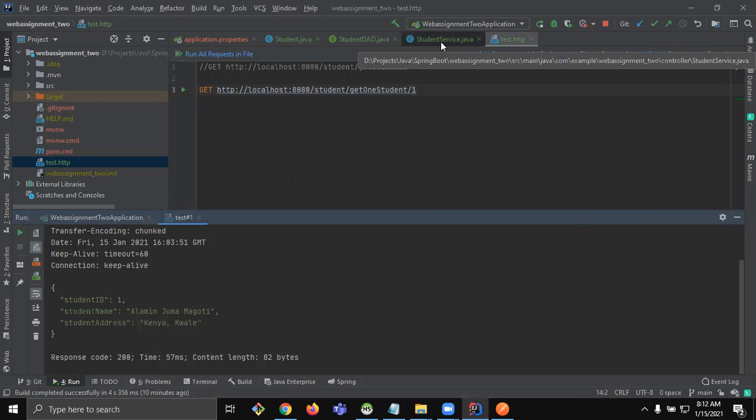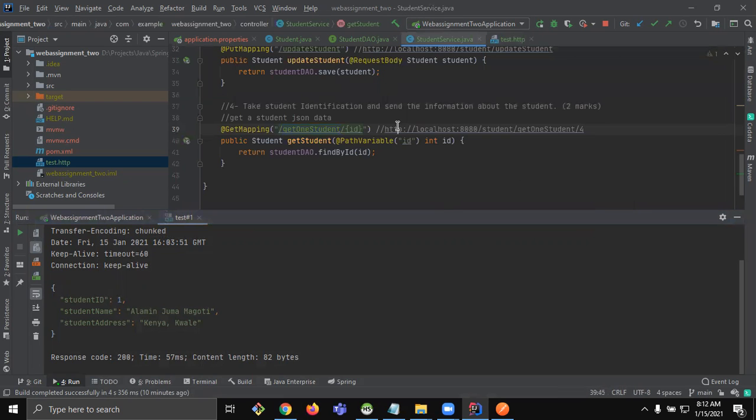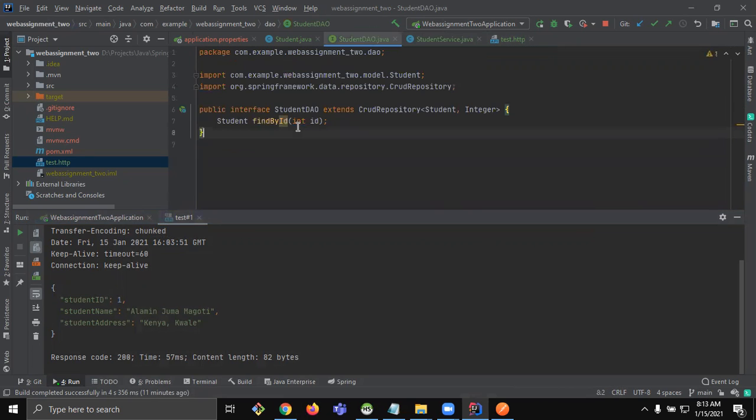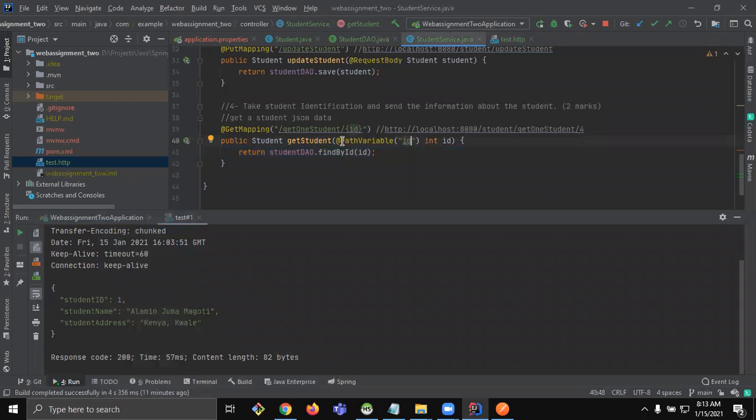So here on student service, what I will do is create a student object, a method named student, and then I will return studentDao.findById, the method that I created before on student, by ID, so that I can get the ID, the integer of that ID. But to do that,